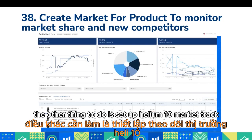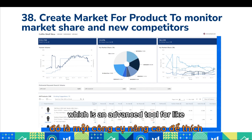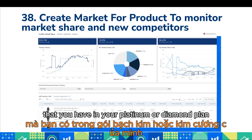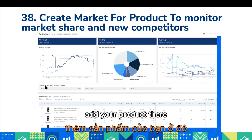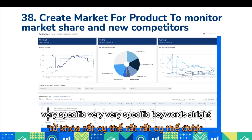The other thing to do is set up Helium 10 Market Tracker. This is not to be confused with Market Tracker 360, which is an advanced tool for 8-figure sellers. But the regular Market Tracker that you have in your Platinum or Diamond plan, add your product there, add your main competitors, and 3 or 4 very, very specific